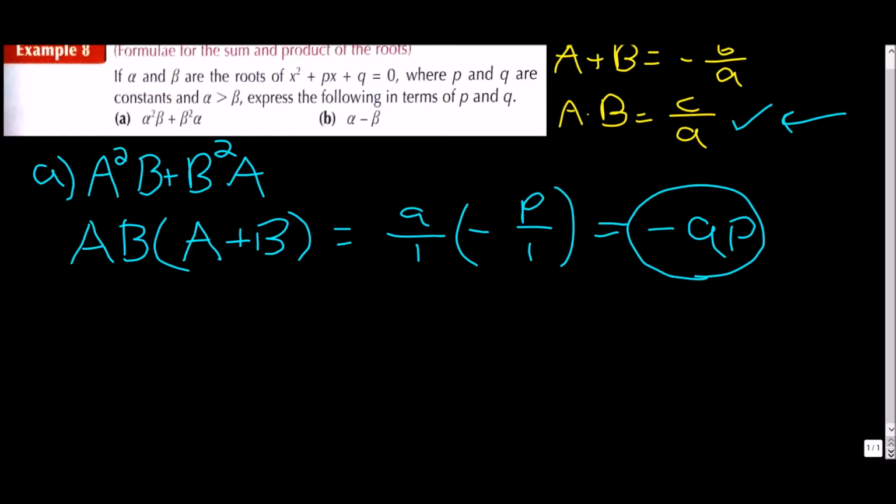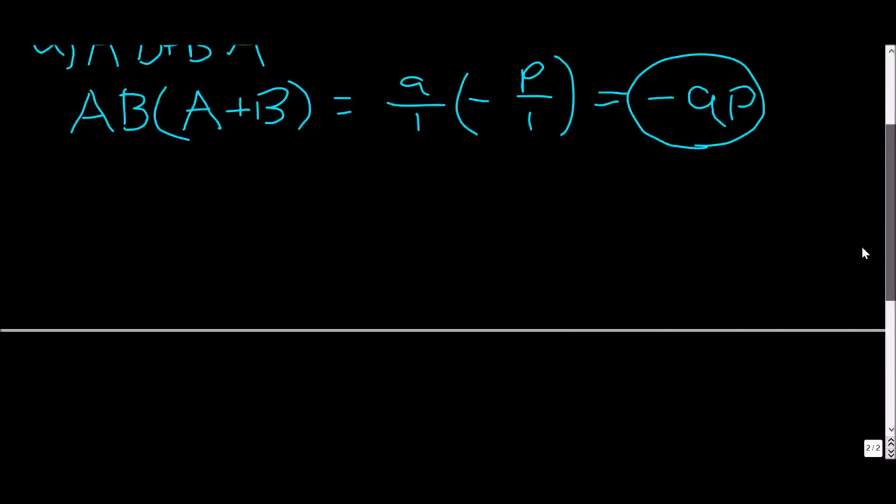So let's move on here. Okay, so I'm looking for alpha minus beta now. So I have alpha minus beta. What I know off the bat is that if I need to find alpha minus beta, I know what alpha plus beta is, but not this. So what I'm going to do is I'm going to say, okay, well,